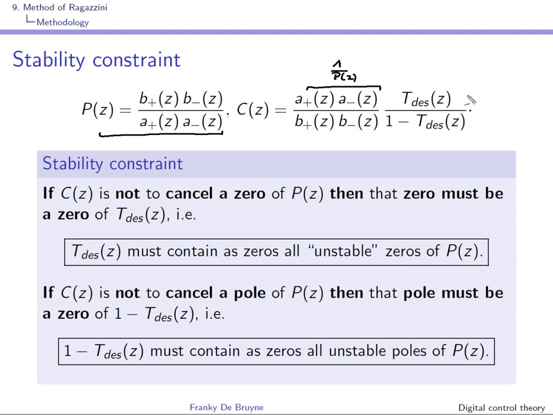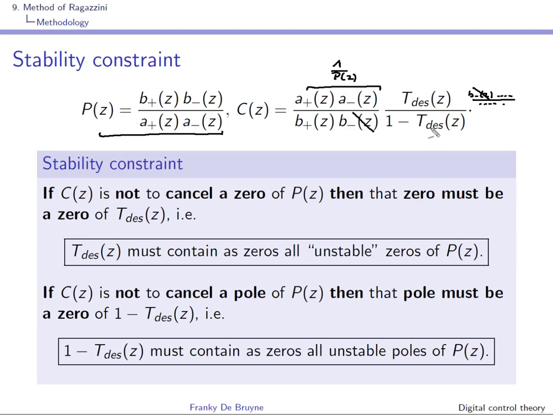Because if you rewrite this as b minus z times something divided by something, well, you see that b minus disappears from the controller, and you cannot have an unstable pole zero cancellation in the sense that the unstable zeros of the process are cancelled by the controller. If the controller should not cancel the unstable poles of the process, well, then you have to make sure that these